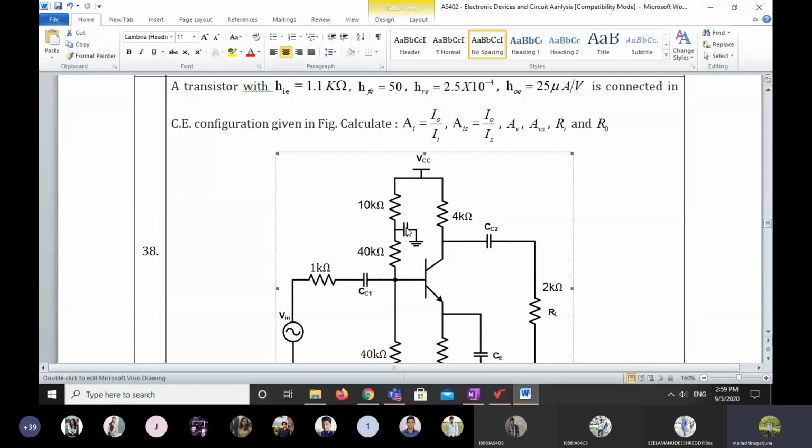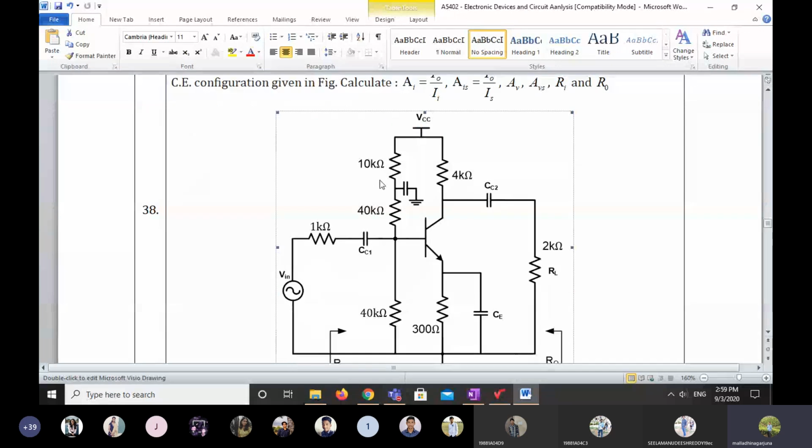Okay, leave it. Coming to the circuit, there are two resistors, 10K and 40K. In between, one capacitor is connected to ground. Is it right? So in the AC analysis, what is the step? The DC sources come to the ground. So yes, this will be connected to the ground, this will be connected to the ground. Capacitors are replaced by short circuit. Yes, it is also connected to the short circuit.